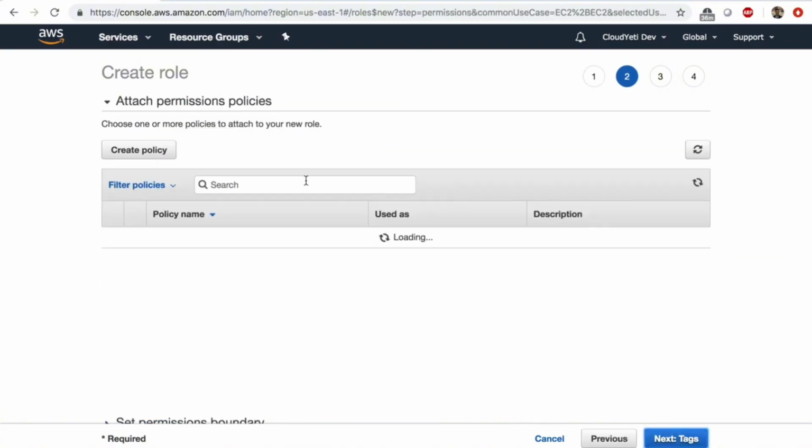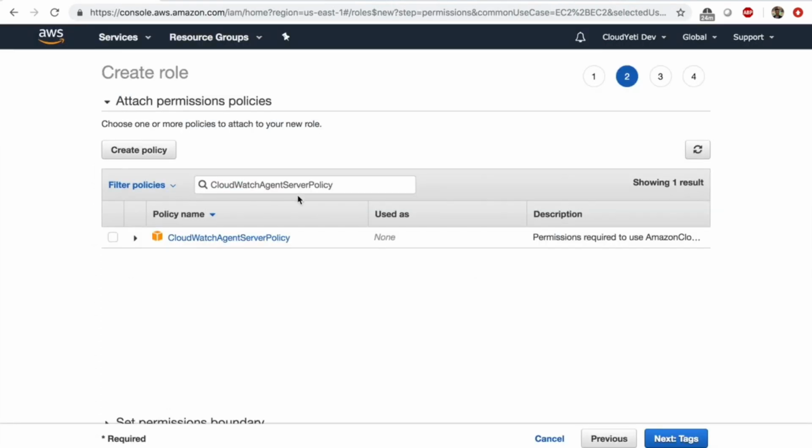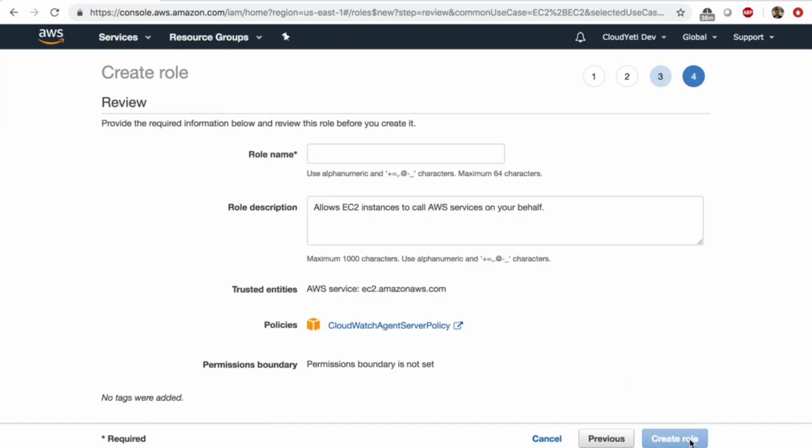In this page, I'm going to paste in the policy that I copied earlier from this lab file. I'm going to check this policy, which will let our EC2 instance update the CloudWatch service with custom metrics and logs. So next tags, next review, give this role a name of EC2